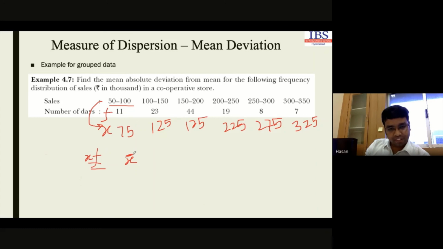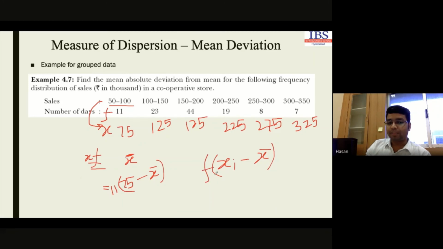Once we get the average, say for example, we can take x bar as our average value here. Now to get the deviations, we do 75 minus x bar, like this. This is for only a single value. For this particular case, we have frequency 11, so we'll have to multiply this with 11. In this way, we compute the deviation for each and every entity. So our formula will be xi minus the mean value, x bar, for a single data point, and if we multiply by the frequency, this is for a particular group.